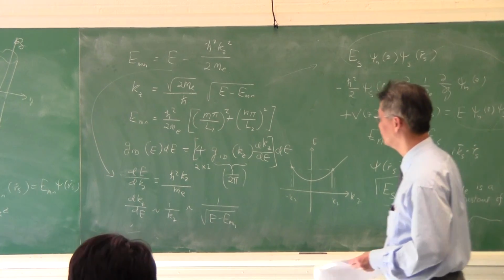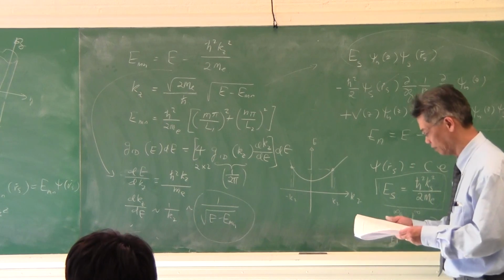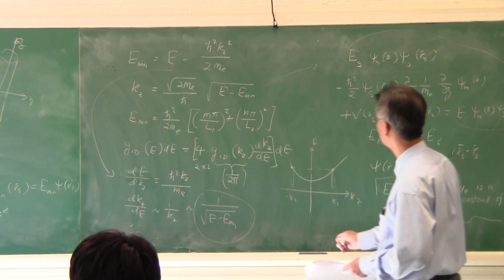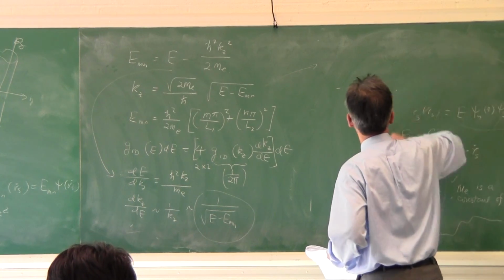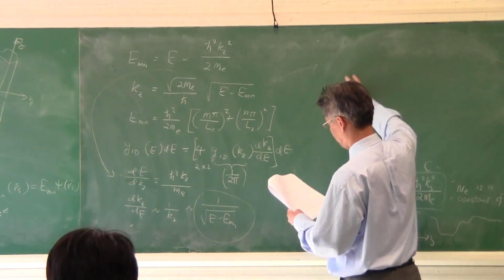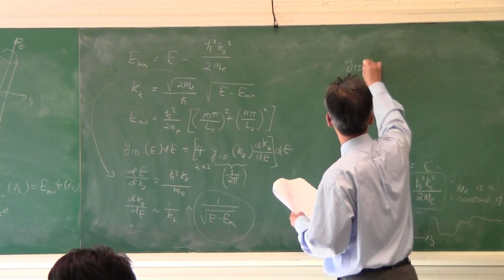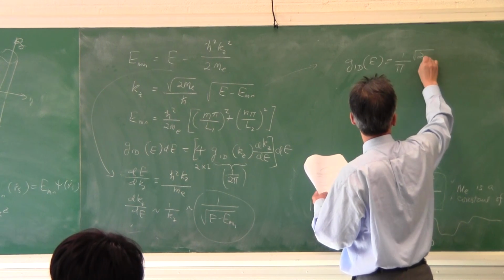So if you plug this in, this distinguishing feature is that this thing has a singularity. Okay, this thing has a singularity. So G1D of E is equal to 1 over pi square root of 2m over